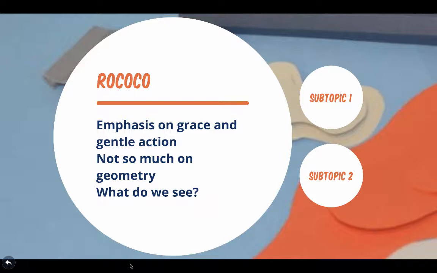Just in general, some of the things that we're going to see are going to be natural lines of the world, like seashells and flowers and interlacing designs, and again graceful curves and designs. And there's going to be a big focus art-wise on happiness and love. That's going to be a lot of the themes that we're going to see in some of